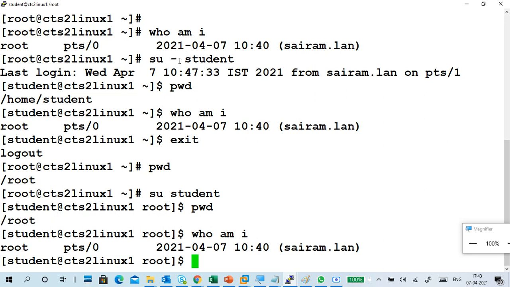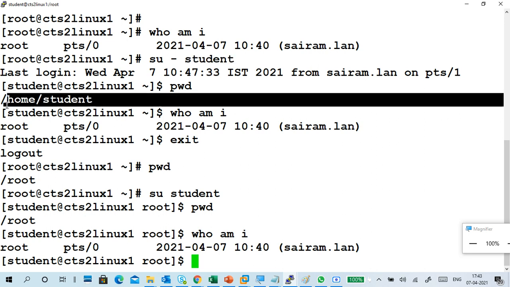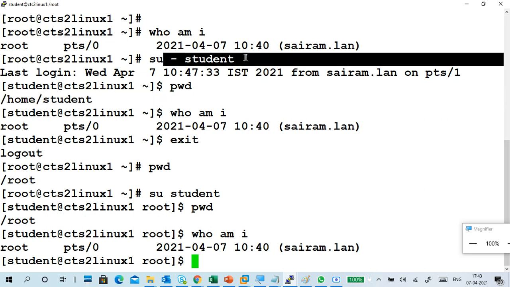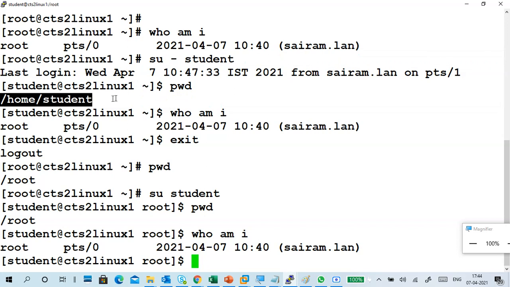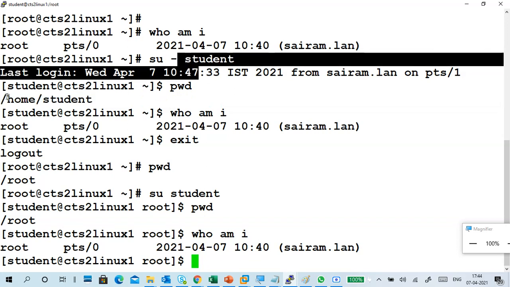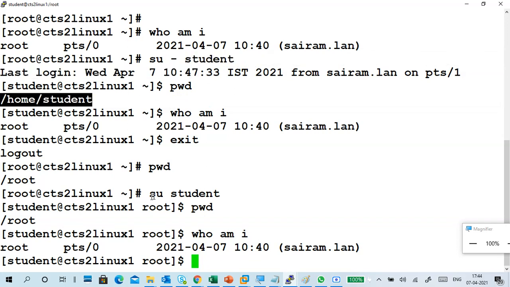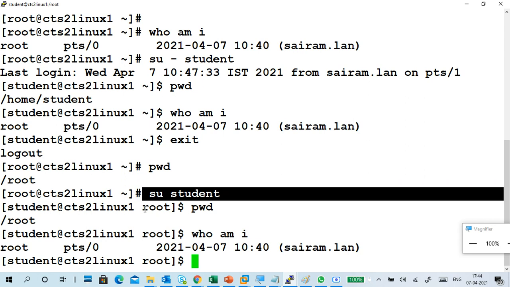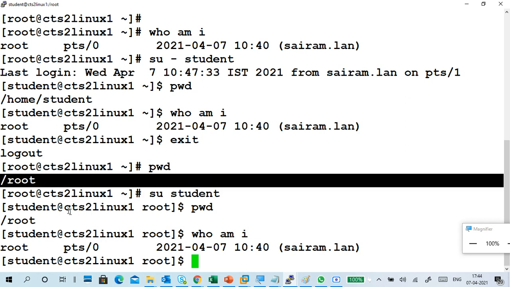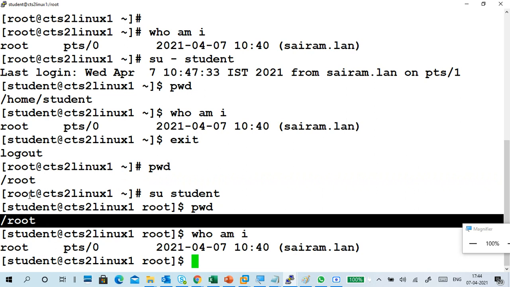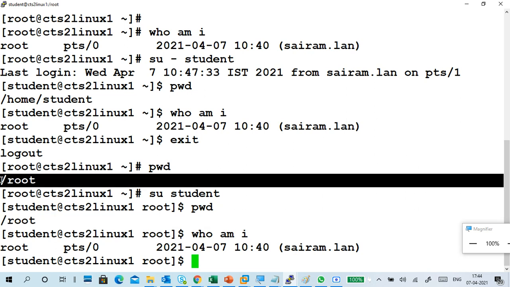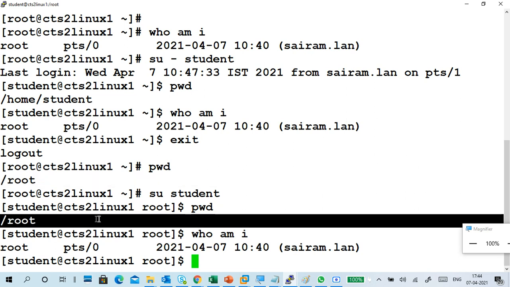If you give the hyphen, it switches to this user and the user's home directory comes automatically. Here it is switched to this user, but the current working directory only comes.